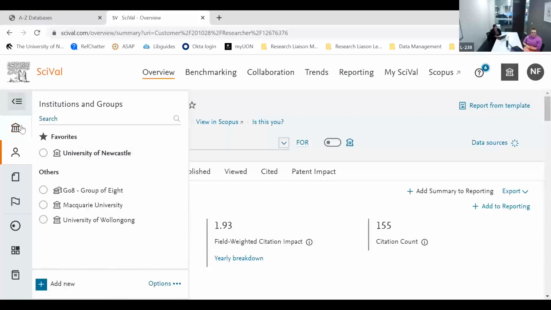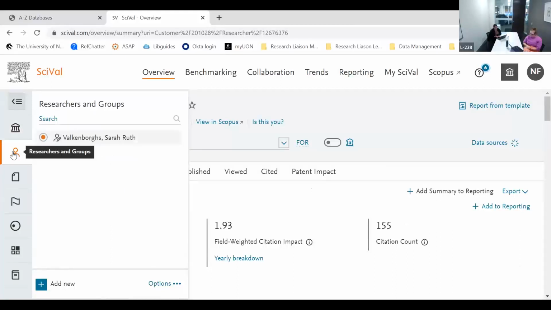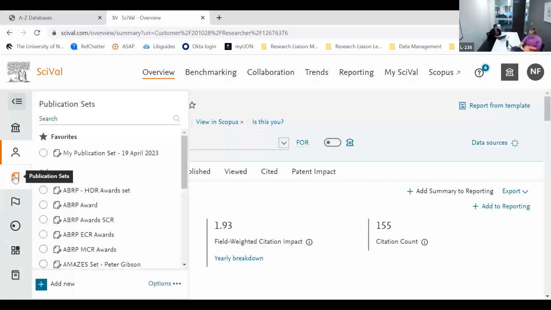The first one is the institutional groups. The second option is researchers. You can also create publication sets, so if you want to do an analysis on a certain group of your own publications, that's available in here too. You can do analysis by country,